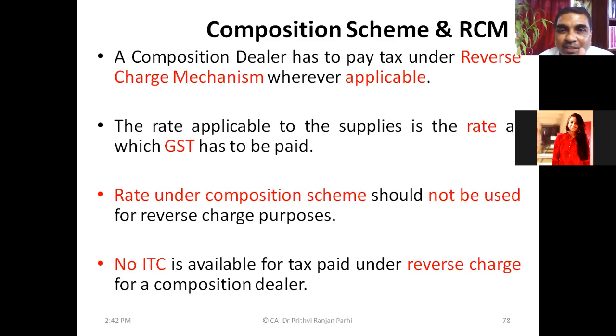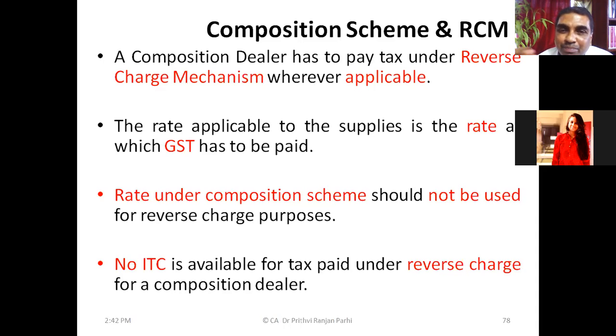Fine. So normally, what is the rate of tax you have to pay? What is the rate of GST you have to pay if you are coming under composition scheme? Who can tell me? You are a trader, not a restaurant owner, not a service provider. 1%. So 1% GST you have to pay. Whatever service or whatever supplies you are making, you are paying 1% flat.